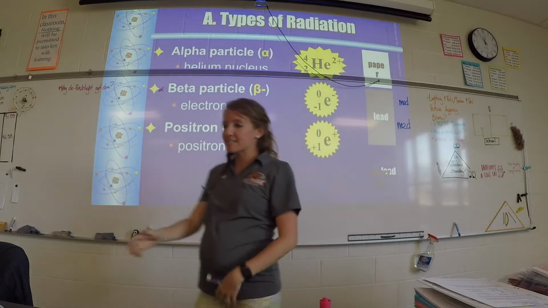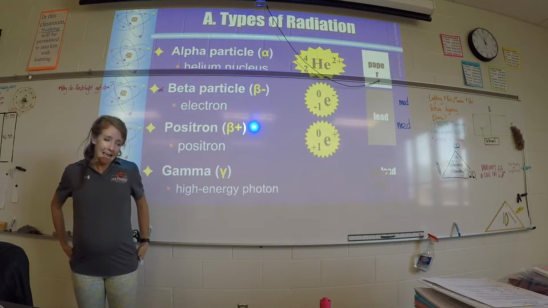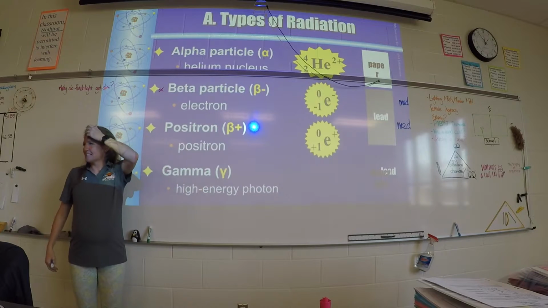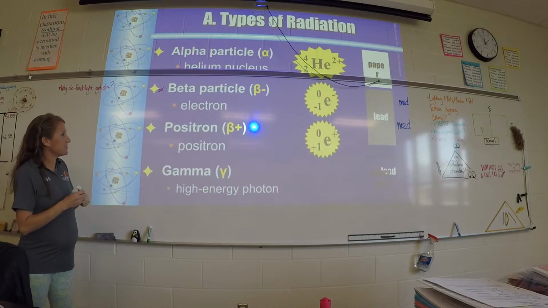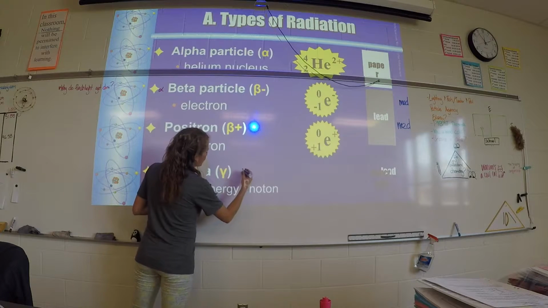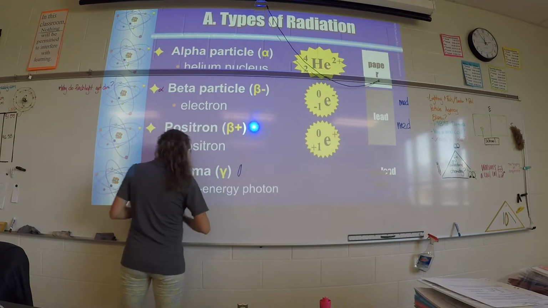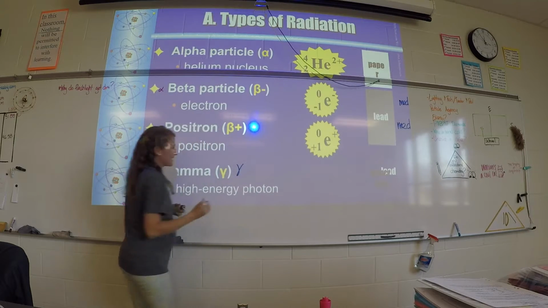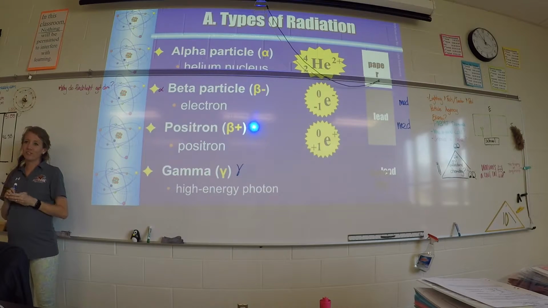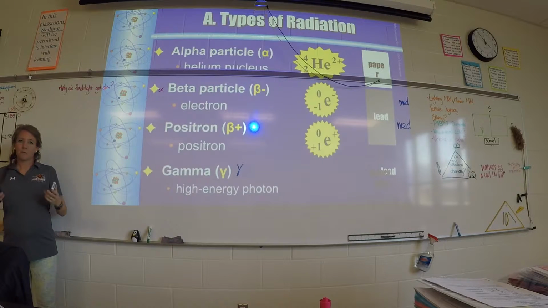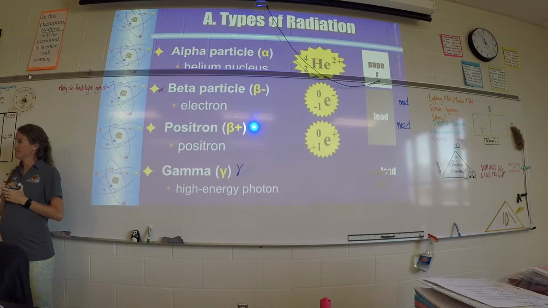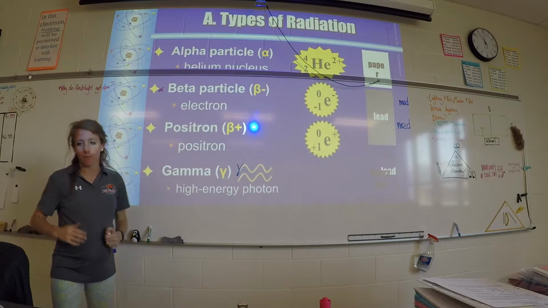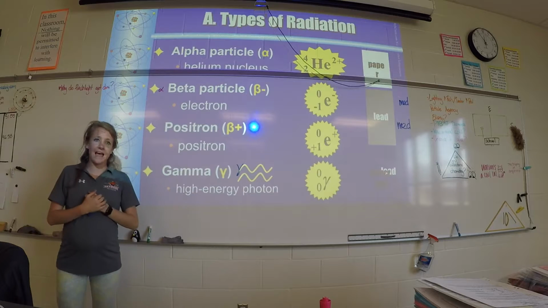Which is why our last type of radiation is gamma. This is the Greek symbol for gamma. Just a Y? It's a Y, or if you're doing it the fancy way, it's like a downward swimming fish, is the way you can think about it. But when you look at it outside, it kind of looks like a fancy Y. Okay? Here's the symbol for it.